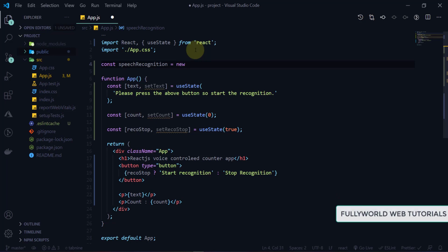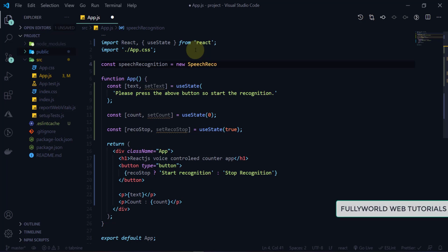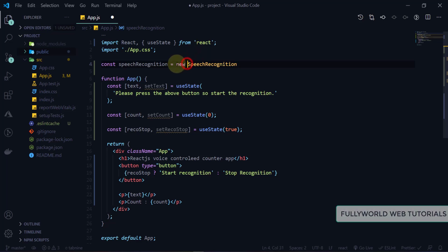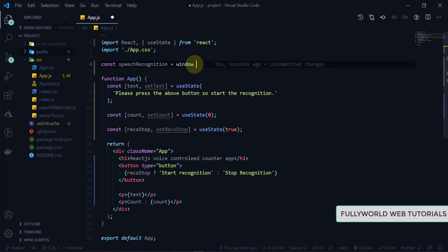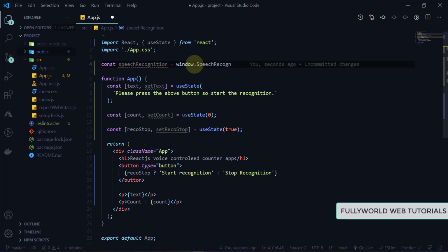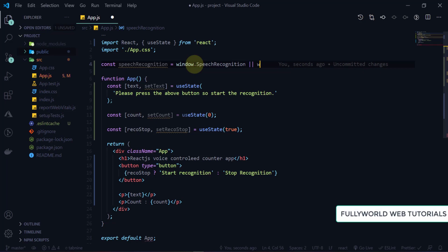Sorry, it is not new here, so it will be window.SpeechRecognition, or it can be window.webkitSpeechRecognition.